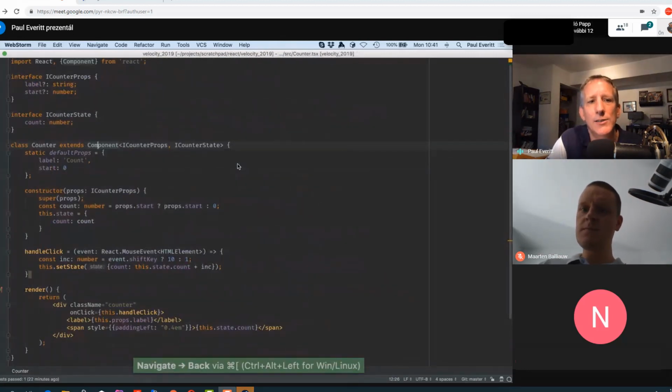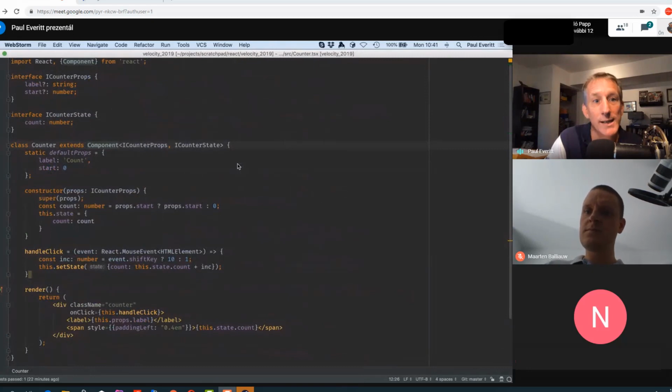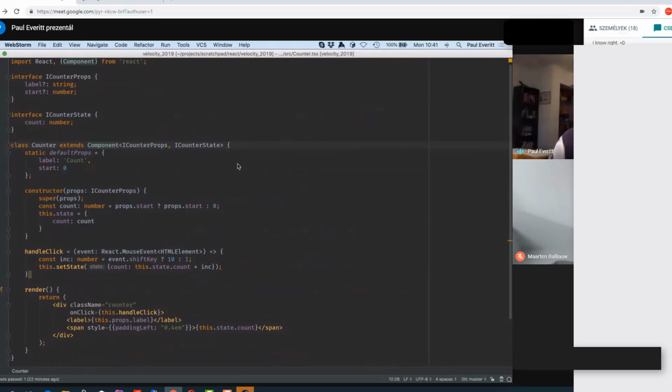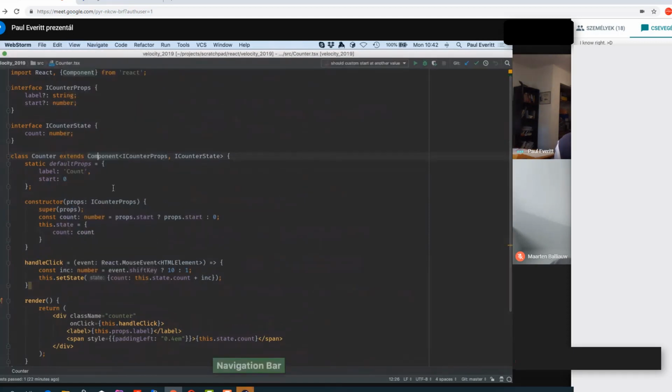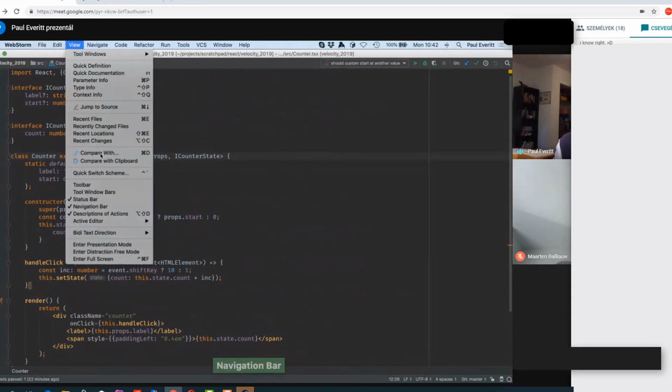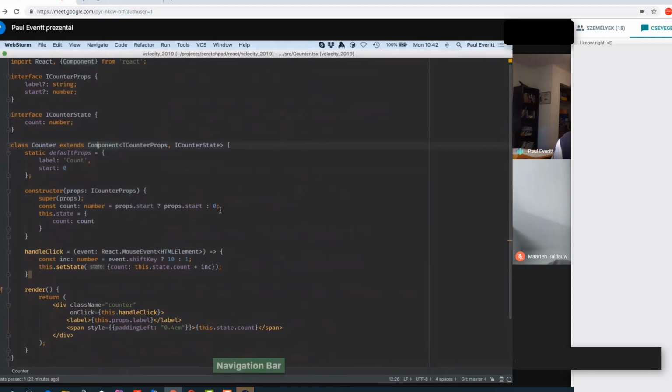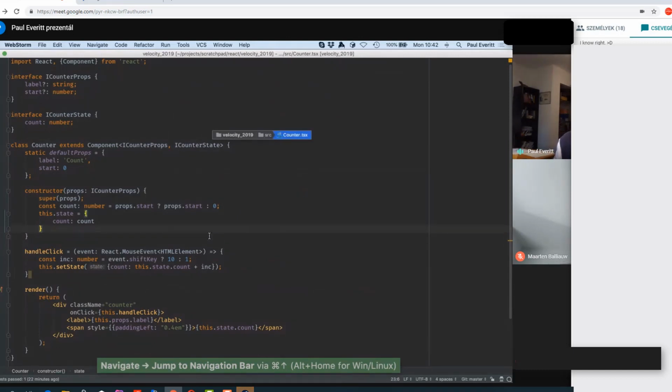Sometimes I do need to get to the files. I want to rename something, or I want to add a new file, or I want to go look at something in the directory structure. Well, I turned off the navigation bar because I don't want it up there all the time. But sometimes I do want it because I actually like the navigation bar and I use it a lot. You can activate the navigation bar and have it pop up temporarily and go away when you don't need it. So if I've got it popped up and I click anywhere else, it goes away. If I've got it popped up and I hit escape, it goes away.